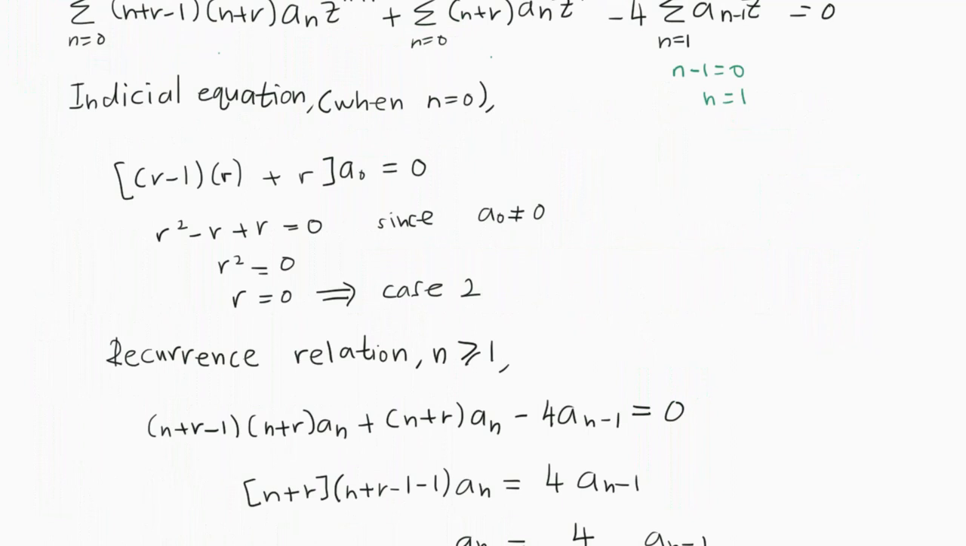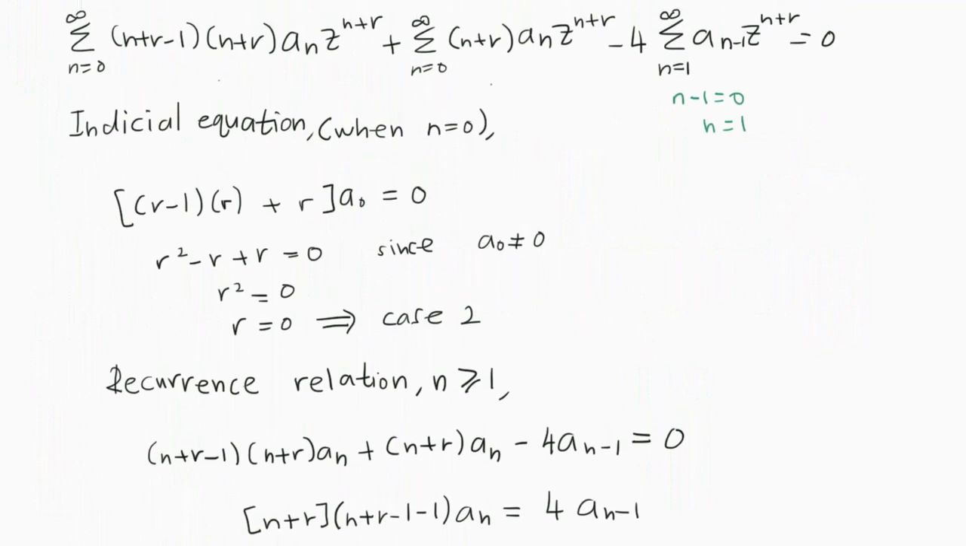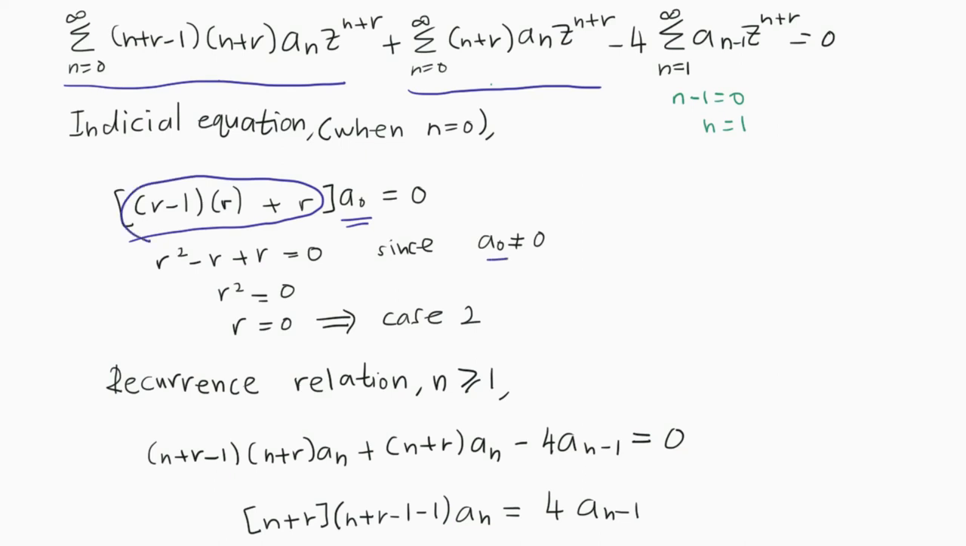The initial equation is when n equals 0. So that means we just consider this part only, the first and the second term. Okay. We have (r minus 1) times r plus r times a0. So this part will be equal to 0 since a0 does not equal 0. Here we have r squared equal to 0, where r is equal to 0, which confirms that it is